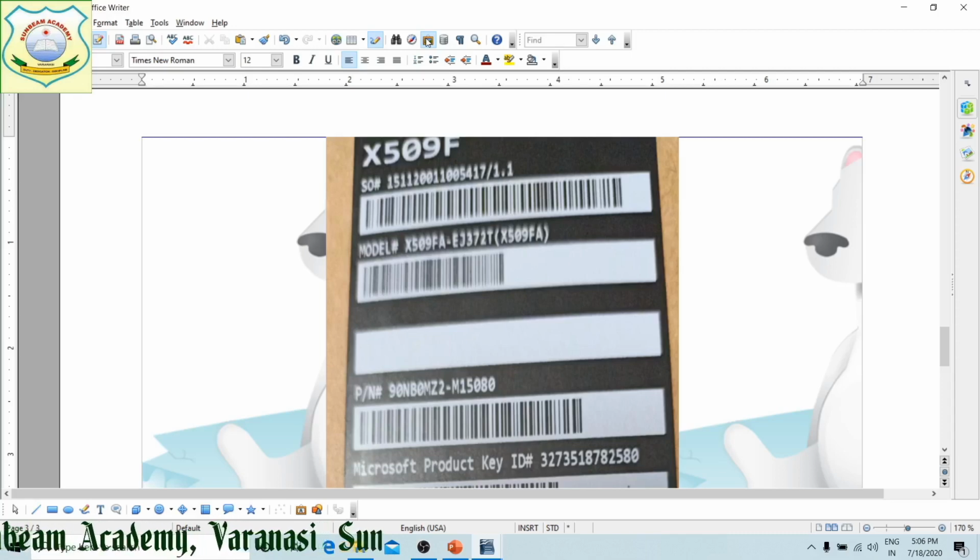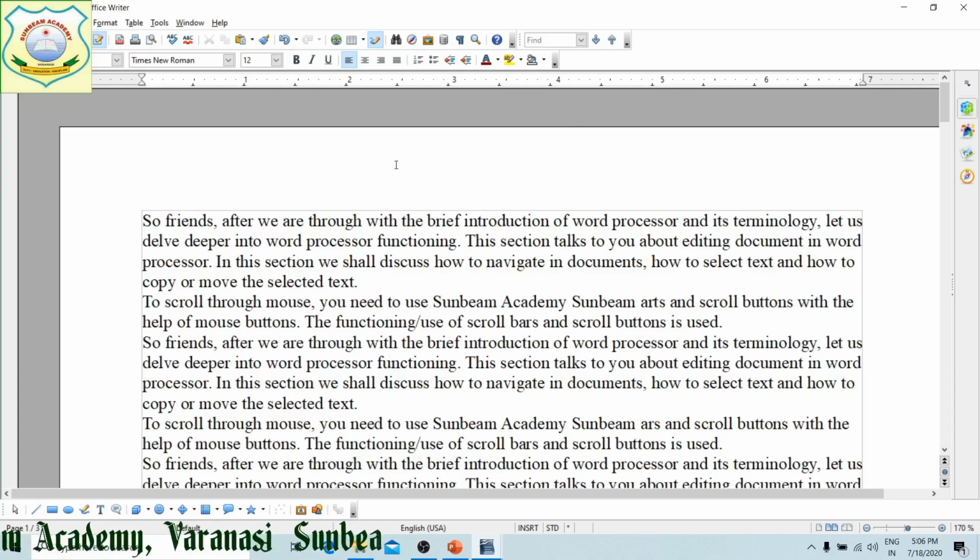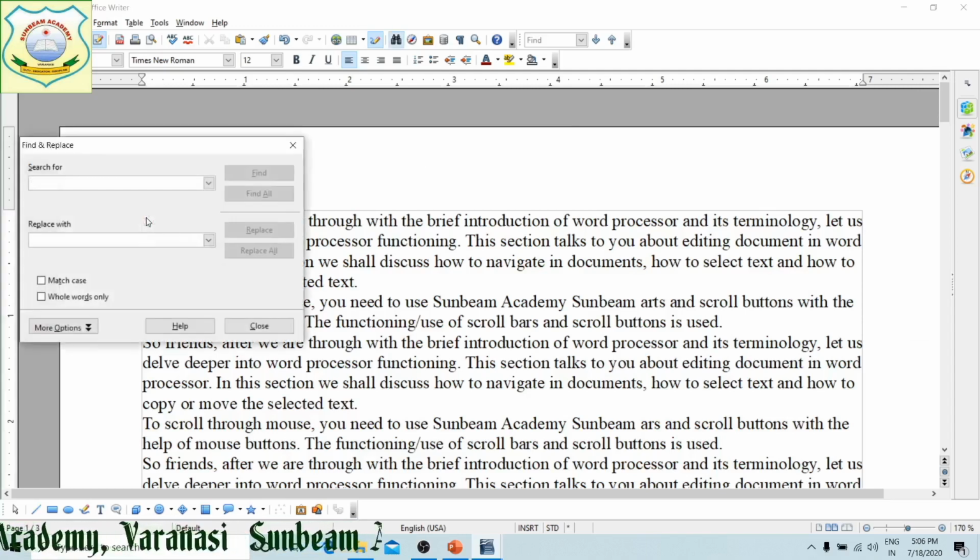Next, find and replace. To find and replace, I am here. Suppose I am going to find any of the word, right? Navigate. After writing this, find. Now you can see navigate, right? I want to change it with navigated.